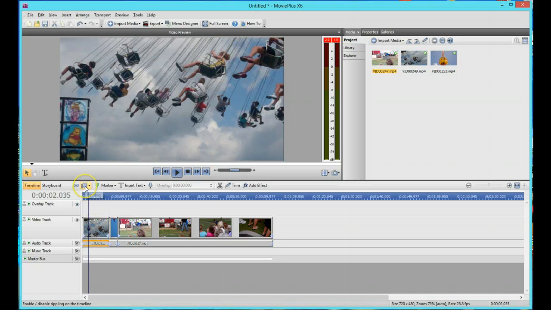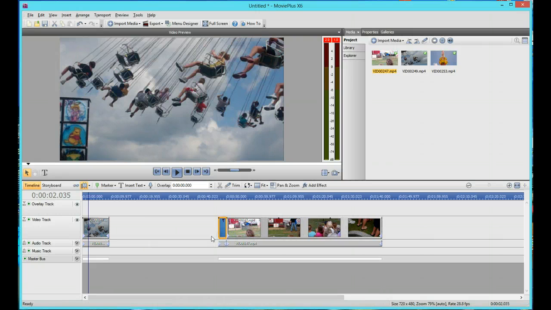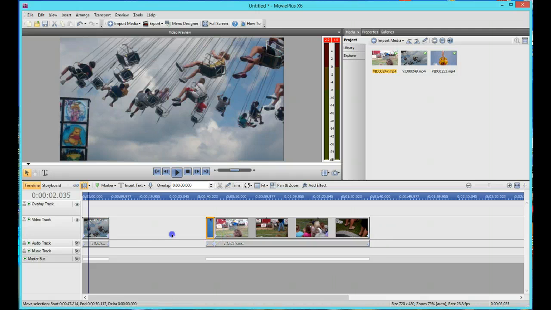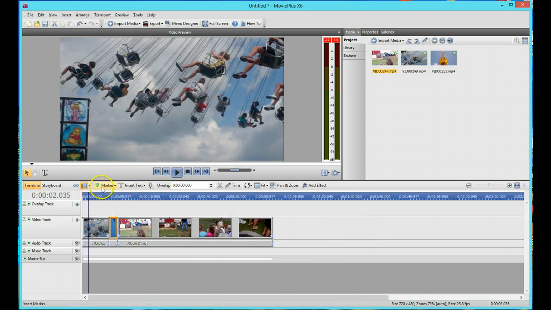The other very important tool is this rippling tool. Basically what that does is if this rippling is on and I move the second one, it moves everything that follows with it. And I can drag it back. If I turn it off, you'll see that I'm actually overlaying this. I can now turn it back on,